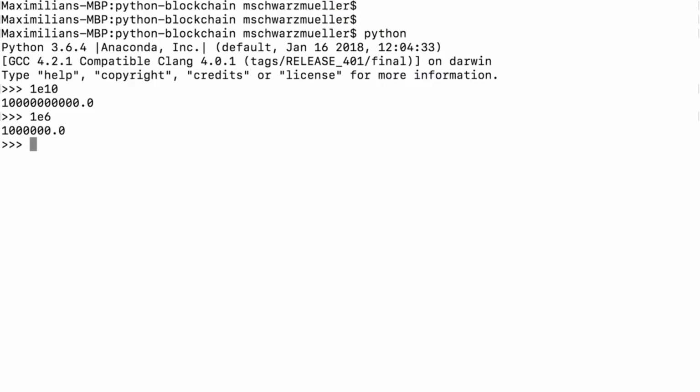And the even more important part is if you do some subtraction like 1 minus 0.9, what would you expect as a result? Well, you clearly would expect 0.1, right? But if you hit enter, you actually get a value close to 0.1. Now, this clearly is not the value we expected. We expected 0.1 as a result.